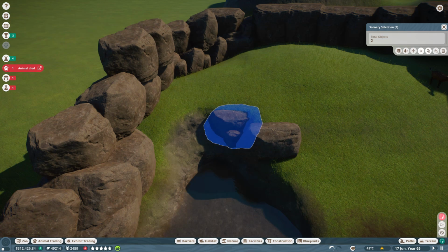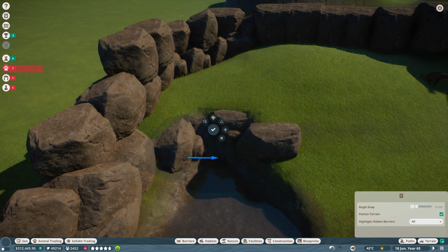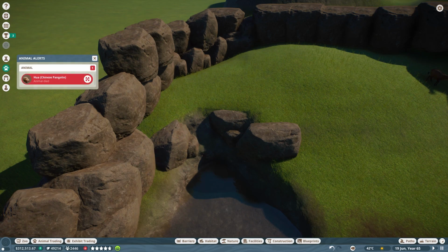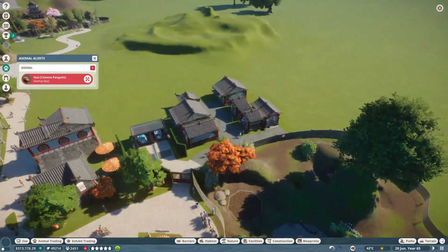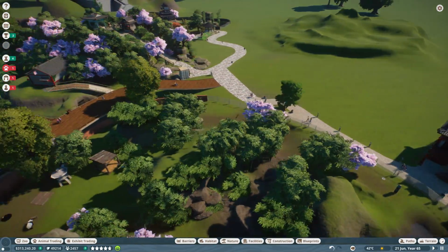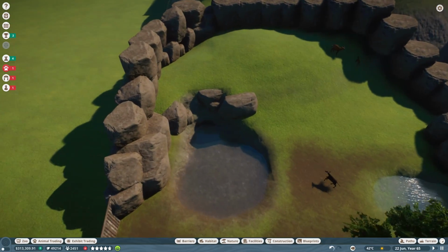And then a couple more. Oh no, somebody died! We'll check that out in just a second. Who passed away? Oh, Hua! Oh, my poor inbred pangolins. We will take care of them at some point in the near future too. We're getting better, guys. Part of the really nice appeal